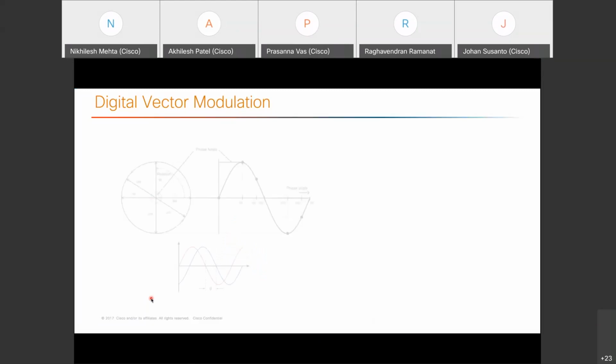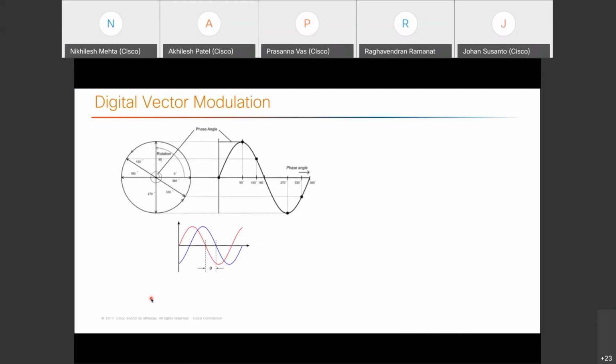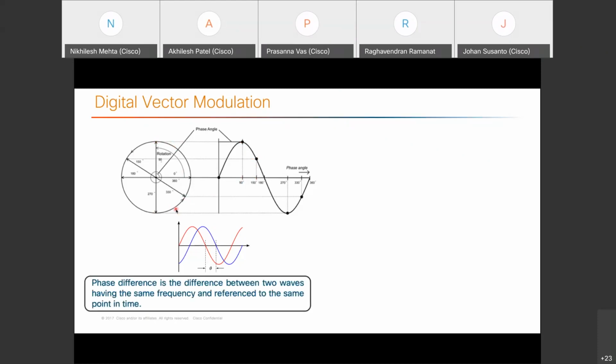Coming to what digital vector modulation is. As you see here, on the sinusoidal wave, each point on this wave is represented by some phase. For example, this point is of 90-degree phase, and this point is of 150-degree phase. If I plot all the points around a circle, you will get a circular trajectory, and the difference between any two waves is defined with the help of phase difference. The phase difference is the difference between two waves having the same frequency, with reference to the same